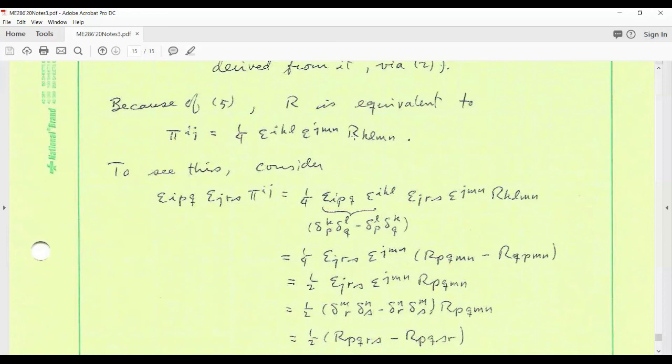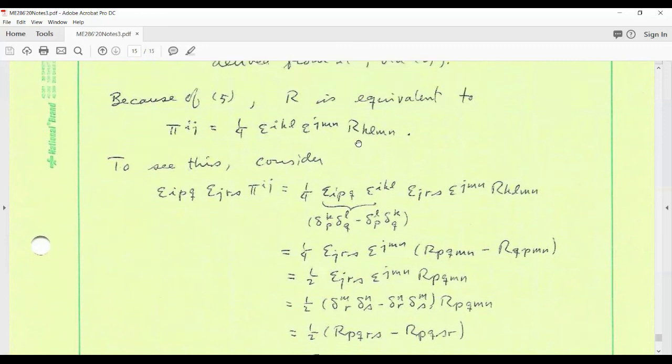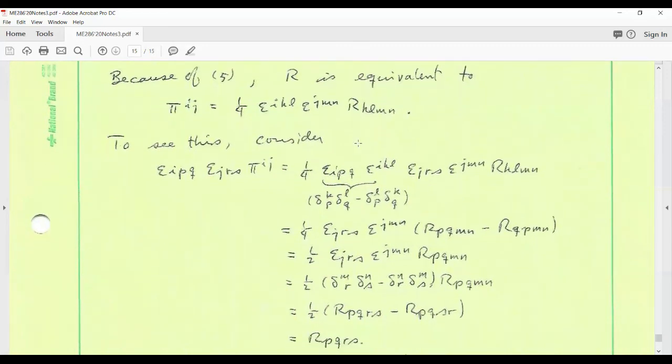I have not yet proved that this R is equivalent to pi. To do that, I have to prove that this equation is invertible. Obviously, given R, we compute pi, but we'd like to know, if we start with pi, can we compute R? If so, then this establishes the equivalence. So to do that, let's start with a pi defined this way, and multiply through by some permutation tensor components,